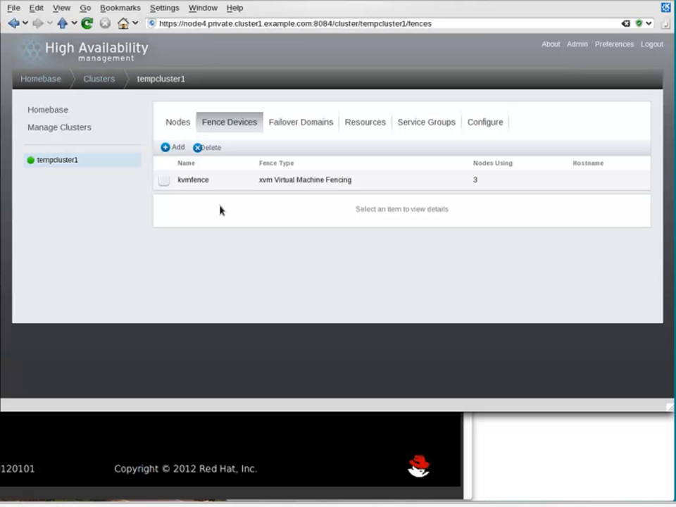Now, there are a whole bunch of different fence devices that are available. I'm using this one because I'm using virtual machines on the same hypervisor, which allows me to make calls to the hypervisor to fence them away. But if you have an APC power supply, you can make an SSH connection and turn off different ports on the power strip. There's a fence mechanism for that. I'm trying to think of some other mechanisms,